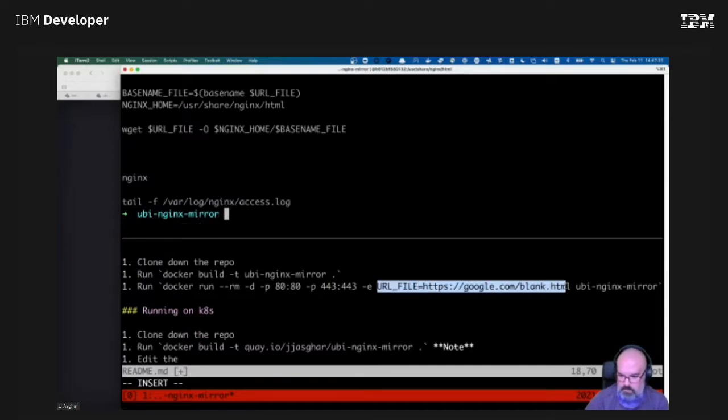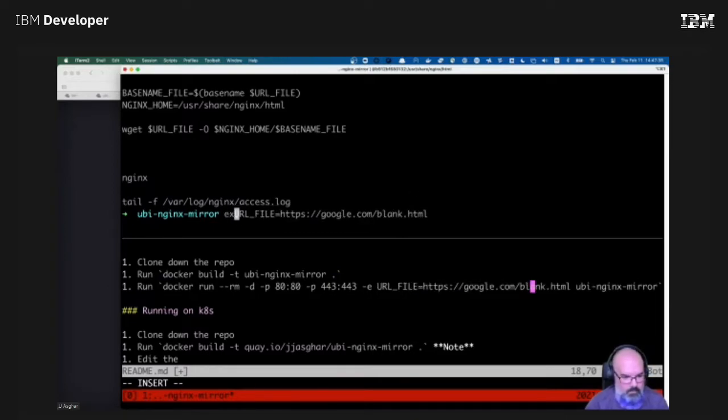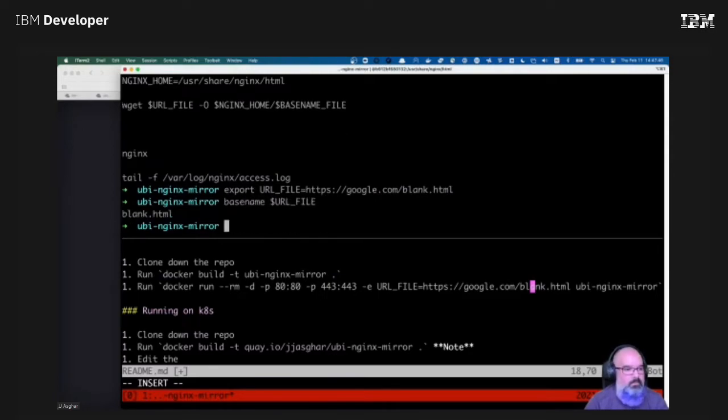Let's do this. Sports basename your file. Oh, perfect. Okay, so what we can do is